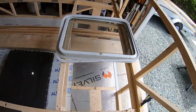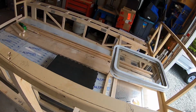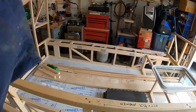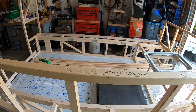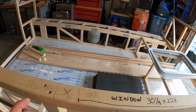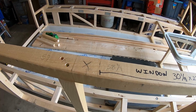So there's my window right there, and I had to take a couple of measurements to make sure that my rough stud opening was fine. Now I really wanted to have a continuous stud going up here. But also the window kind of needs to go here. So I'm actually going to double up on this spot here, and I'm going to have to use some pocket